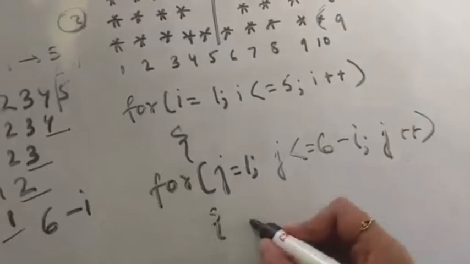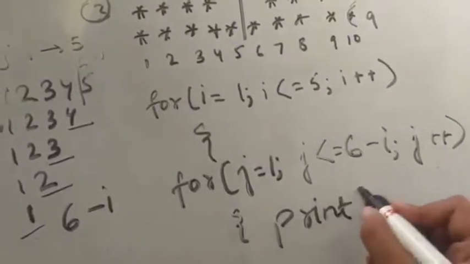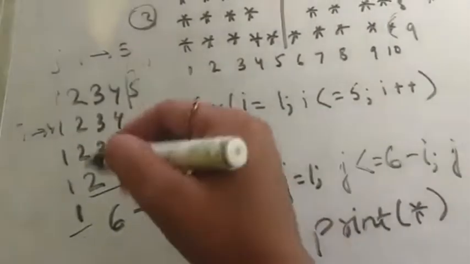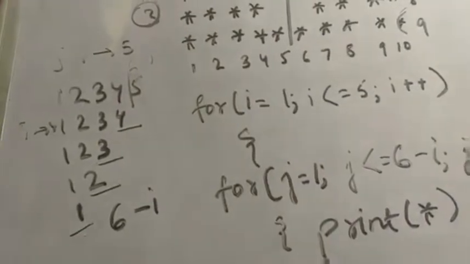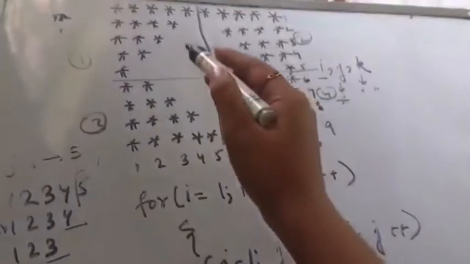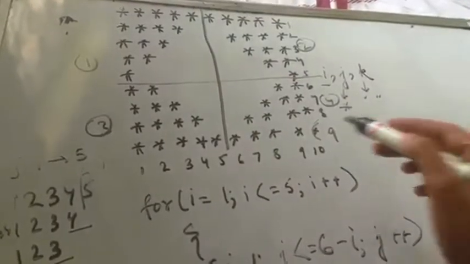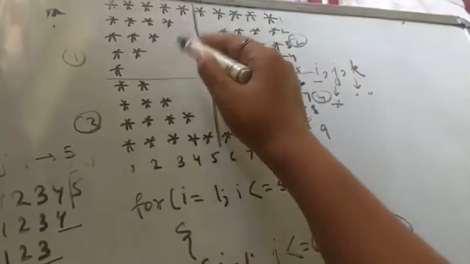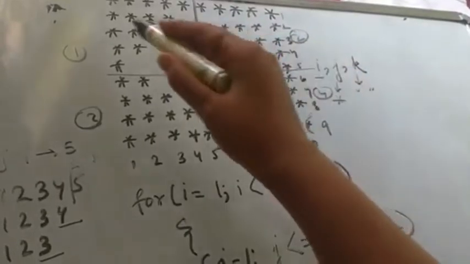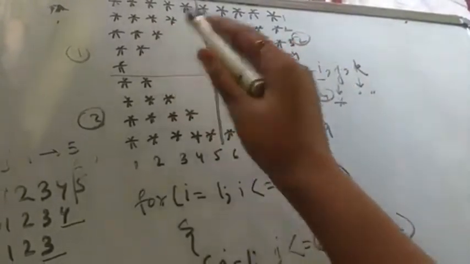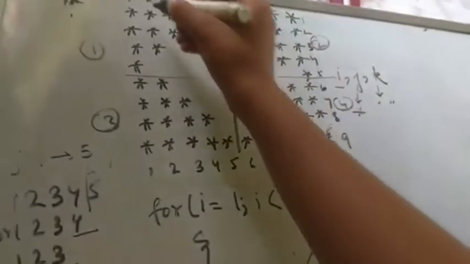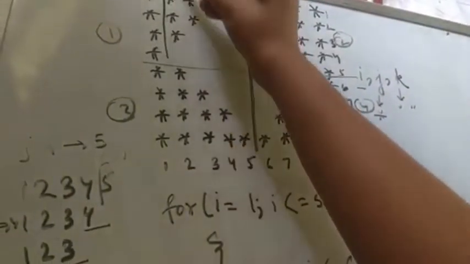Now we are going to print star, because if we print J, we are going to get this very pattern. So we got these stars. Now we need to print K. Why do we need to print K? Because if we are not going to fill voids with spaces, then we are not able to get the desired pattern. So for this, I'm going to divide this pattern into a grid.